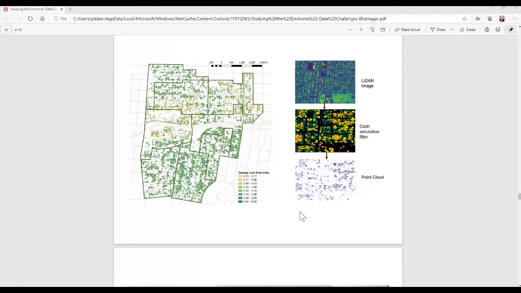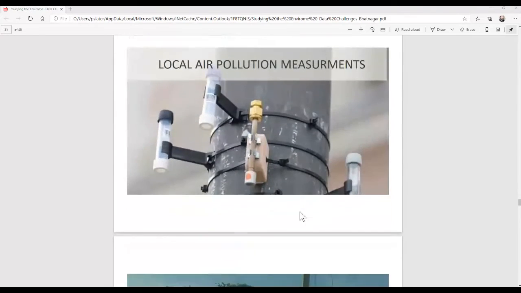Again, looking at the greenness of the different areas. These are aerial images, they're hyperspectral and lidar. As shown in the next slide, can you go to the next one? We have to transform these images into actual point clouds, and then be able to then calculate what is the